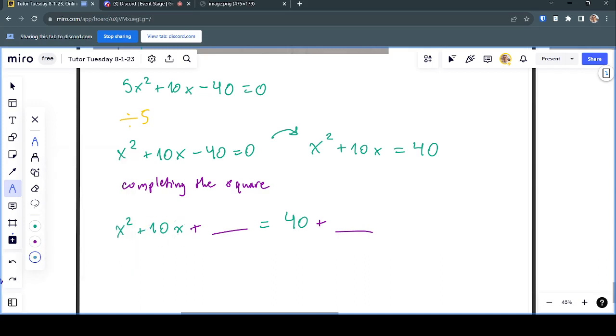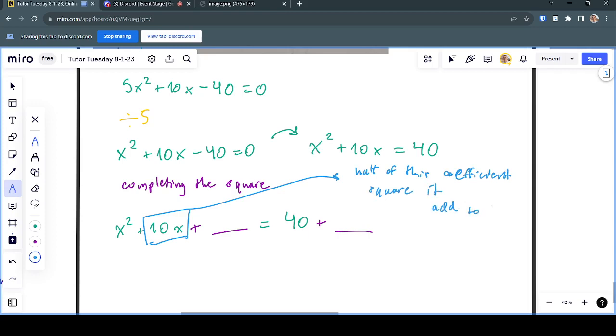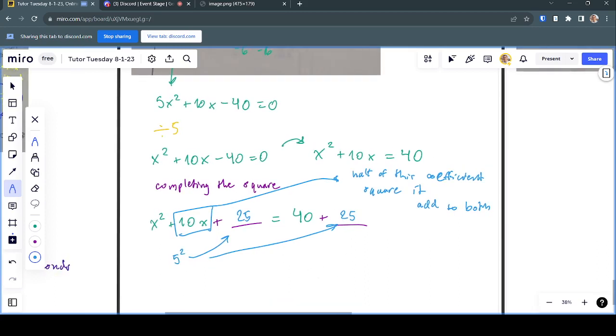You take the b term, or the term that's associated with an x. That coefficient is 10. You take half of this coefficient, you square it, and you add it to both sides. So that would mean half of it would be 5. 5 squared would be 25. And you add that into both sides. It's a very specific form. And what you'll find